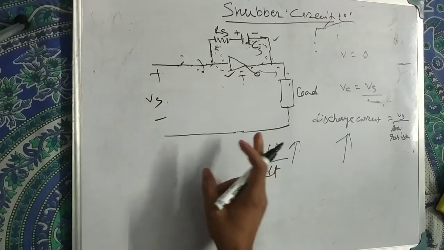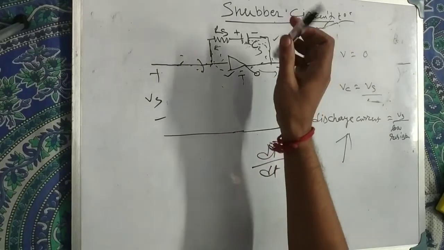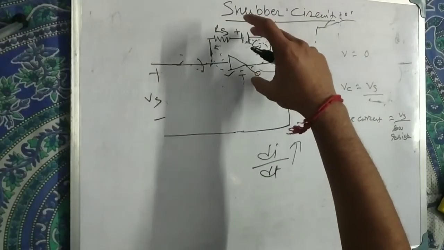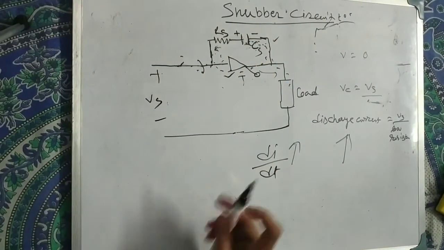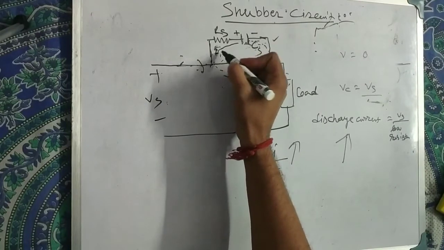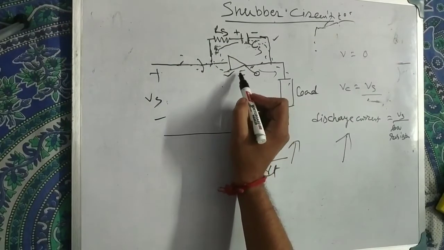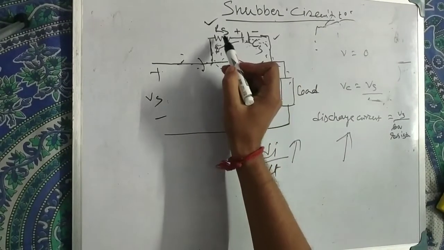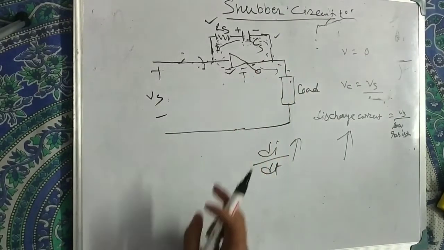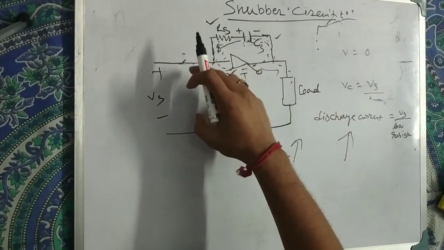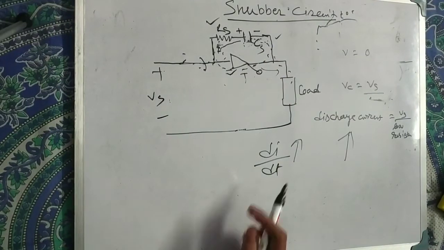The snubber circuit is to protect the SCR from unwanted turn on. First, what will the capacitor do? It will protect against high dv/dt causing unwanted turn on. Then the resistance is connected in series with it. It will limit the capacitor's discharge current through this SCR to a low value, so that high di/dt, which would damage the SCR, is not there. So Rs's function is to limit the discharge current, and the capacitance's function is to prevent unwanted turn on. The high dv/dt will be applied across this capacitor. Okay, this is the snubber circuit.